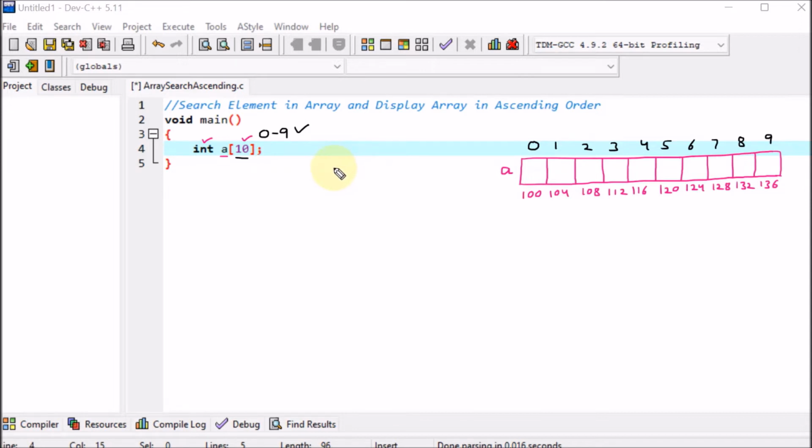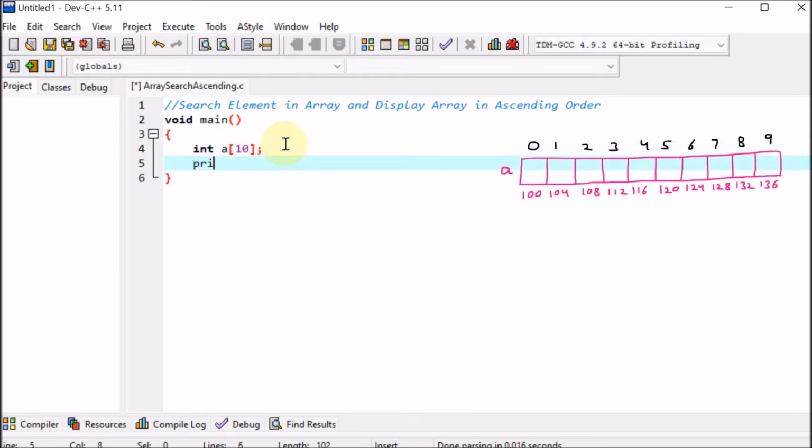So now we are giving the user an option for how many elements the user wants to enter. Here we are giving a message to the user, so we simply write printf. We say: enter value of n. Now we are asking the user how many elements they want to enter, so this n is the number of elements. Here I am specifying that n should be less than or equal to 10, because we have limited the size of the array to 10. So the user can go up to 10; beyond that will be a compiler error. Then we put the semicolon.